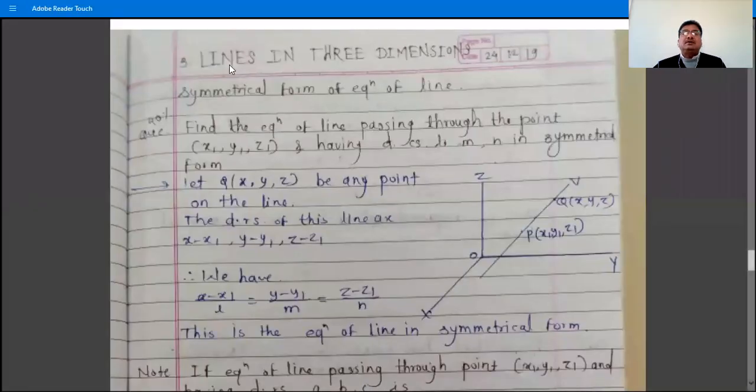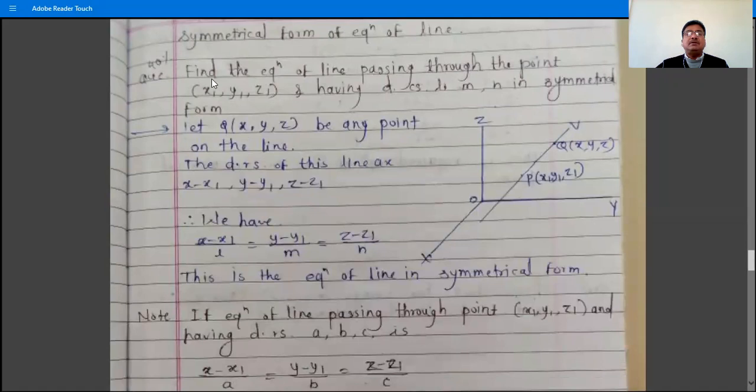Next topic is lines in three dimensions. So first is the symmetrical form of the equation of a line. Question: find the equation of the line passing through the point x1, y1, z1 and having direction cosines l, m, n